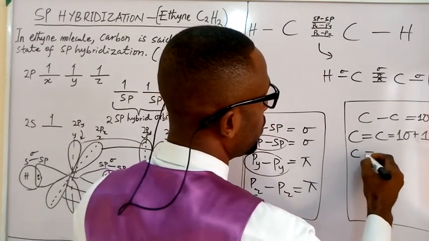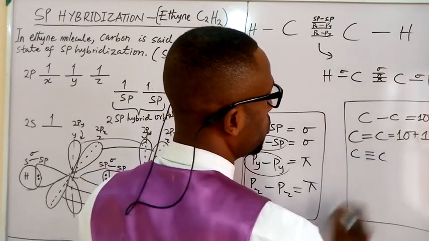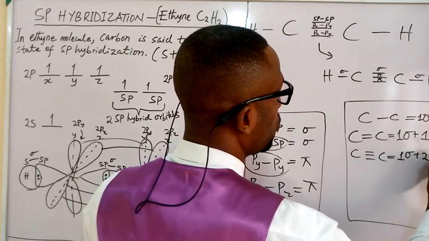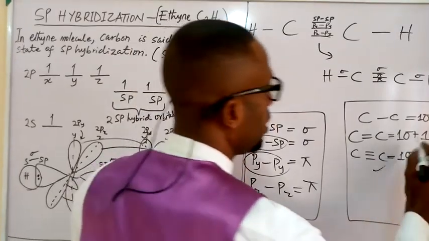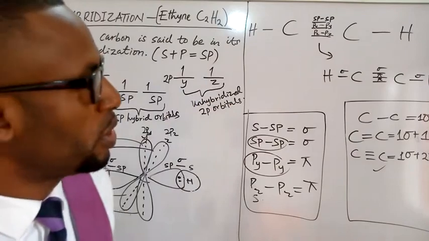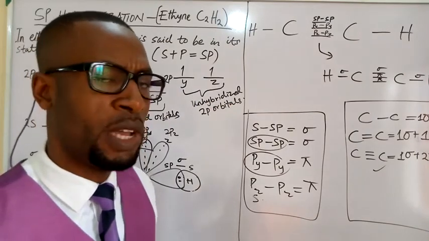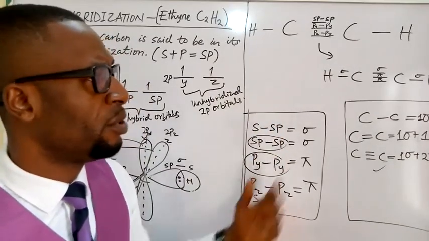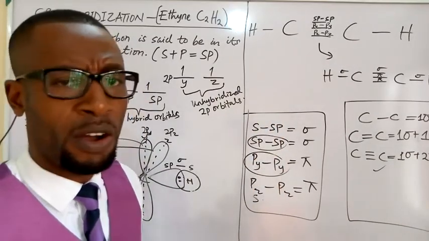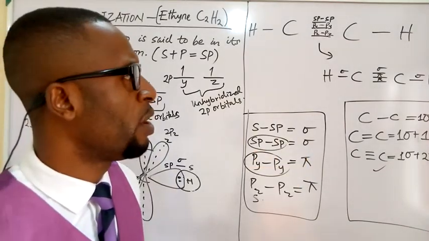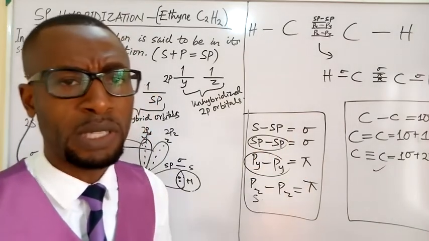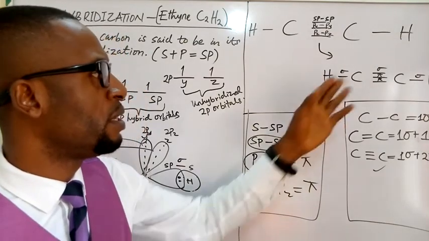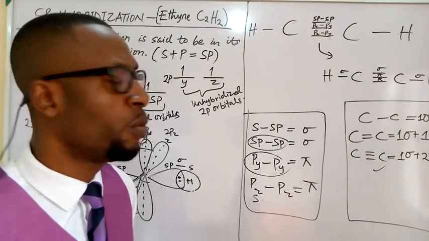And when you have a triple bond like what we have now, just know that it carries 1 sigma bond and 2 pi bonds. This is something that is important to know, because in some of your examinations, your examiner may want to give you a molecule and tell you to identify the number of sigma bonds and pi bonds present. So you can see in this particular ethyne molecule, we have 3 sigma bonds, and of course we have 2 pi bonds.